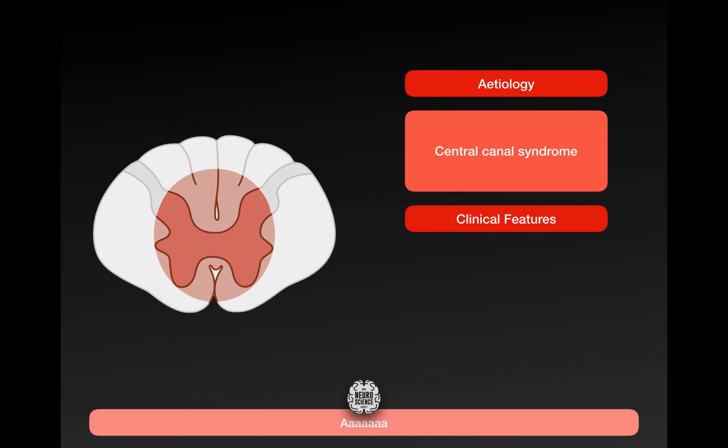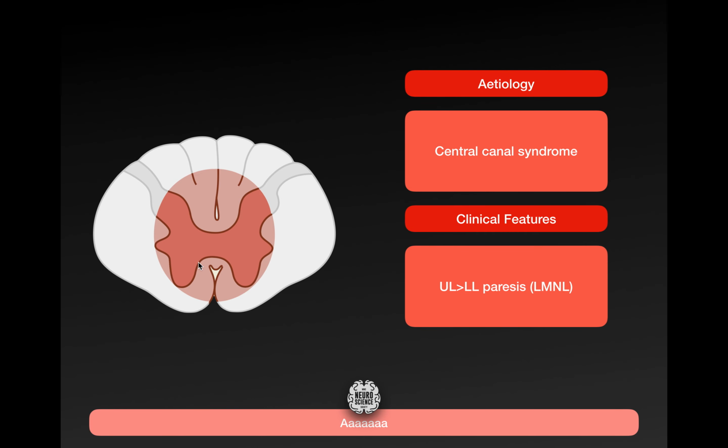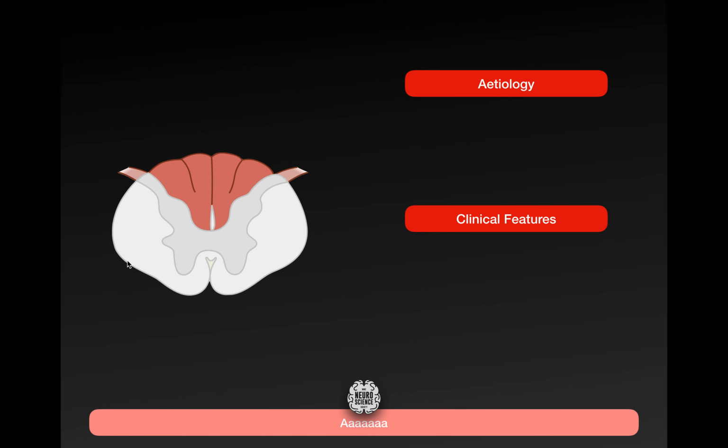This one here is central canal syndrome. Now, in central canal expansion, you will have upper limb over lower limb paralysis, and that's just because, remember, paralysis is weakness, so it's motor, and that's because the topographical arrangement has the lower limb out here, so it tends to be affected later. But the cervical, thoracic, lumbar, sacral sort of arranges like that. So in central canal syndrome, you have cervical, then thoracic signs, then lumbar signs, then sacral signs